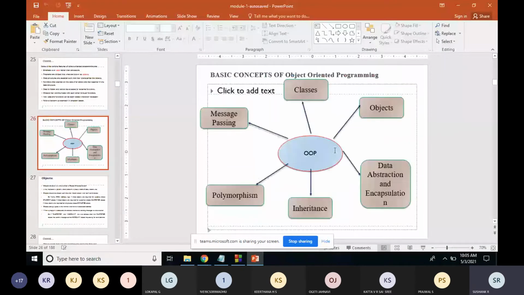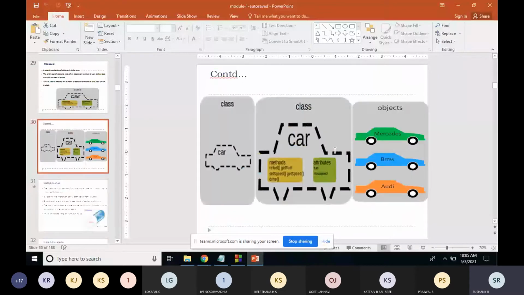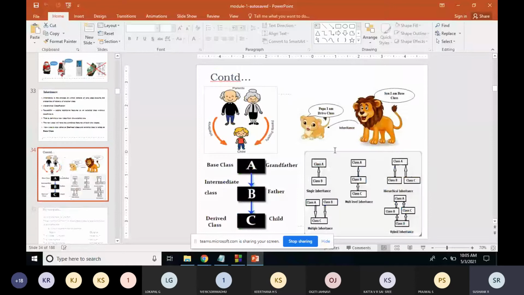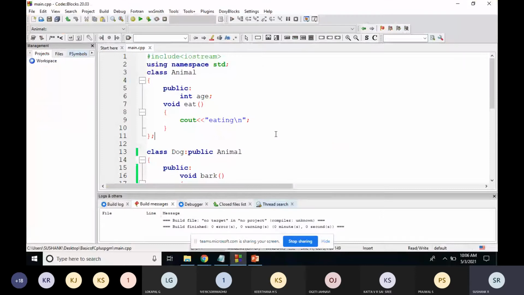Either you can use the public one, or the private one, or the protected one, as we discussed. So the first example was where we had made all the members of the class public.